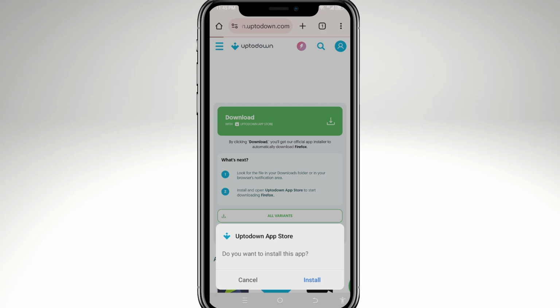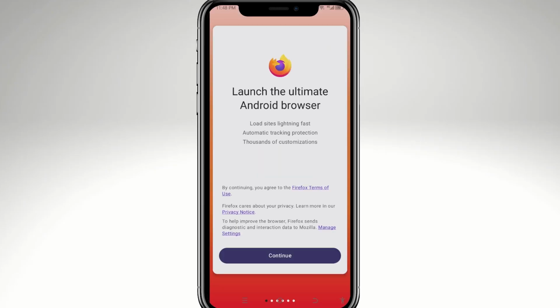At this point, this is the permission that lets you install apps outside of the Play Store. I want you to click the install button and wait for it, okay? Now, it may take a few seconds for the installation to complete. And now you have successfully downloaded and installed Firefox APK on Android safely and